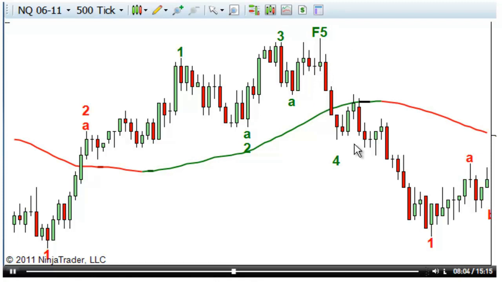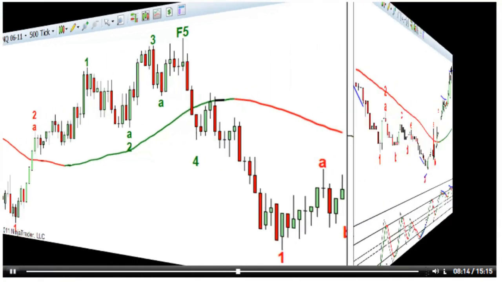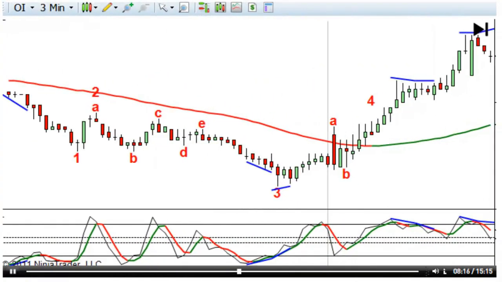Now, as far as targets go, you want to, well, let me just, before I move on to any other topic, let me show you how you do the same thing with a head and shoulders pattern. Alright, so here is a reverse head and shoulders pattern. Here's our last cycle low, high, low, high, low. And so we draw our,